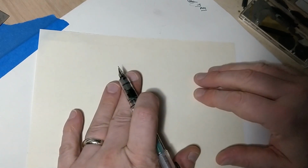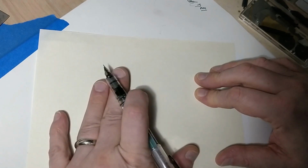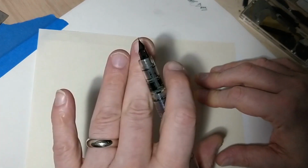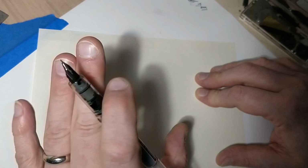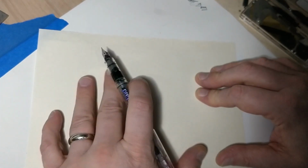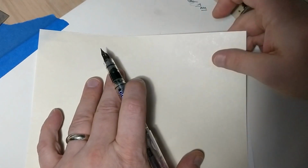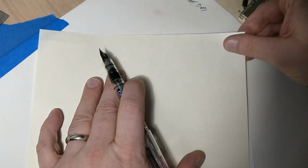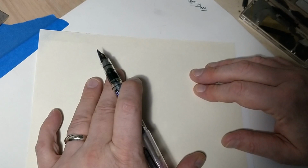This is, to me, probably the most perfect letter writing sheet of paper I've ever encountered, period, bar none. Yeah, it's exquisite. They don't list the weight of this paper, but I'm going to say it's somewhere around 24 to 28 pound as we measure it here in the States and I guess in Europe as well. Or maybe not in Europe. Anyway,